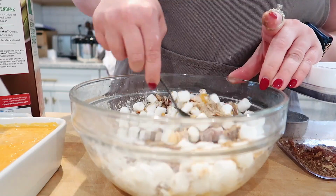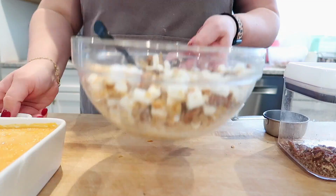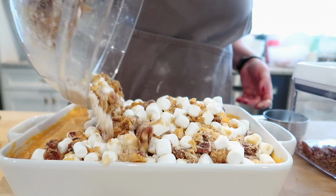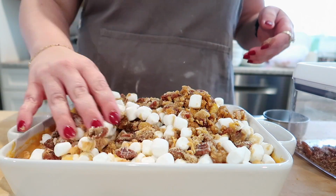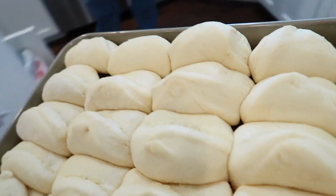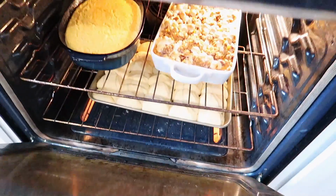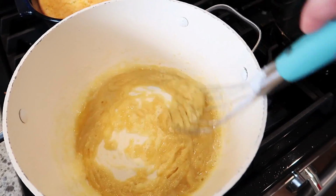This sweet potato casserole ended up being super delicious. This is a new recipe that I tried this year. Here's the base that I refrigerated from the night before. I'm just putting the topping onto there and just spreading that out. Here are my rolls after the second rise. I am putting those into the oven along with my corn and sweet potatoes,